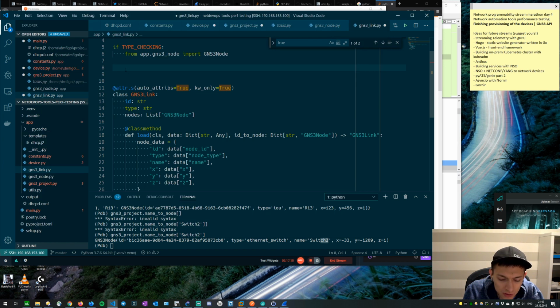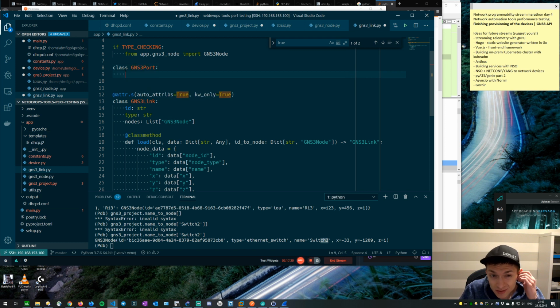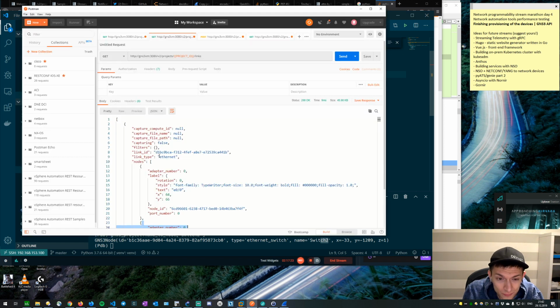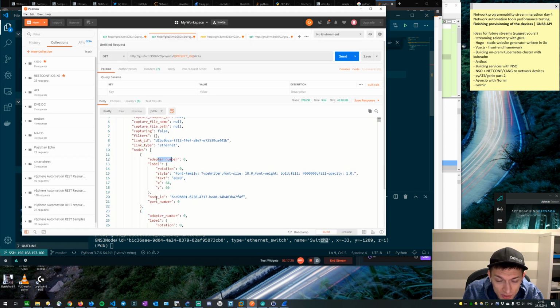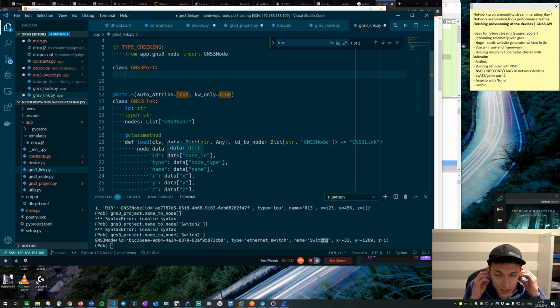So this should have another class then. So GNS3 port, I guess. And this port will have adapter number, port number, and node ID. I would want to say